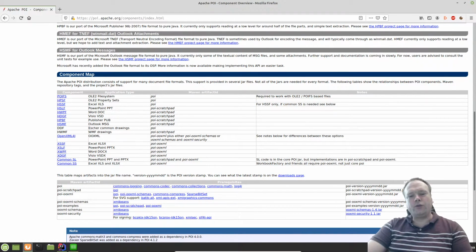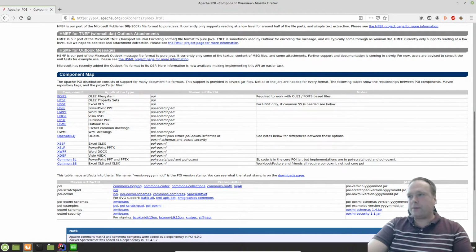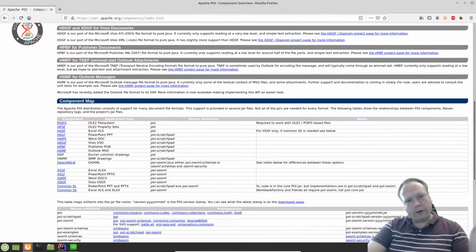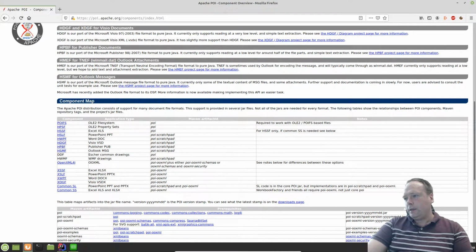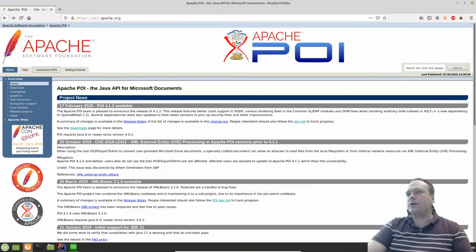Tonight we're going to load data from an Excel spreadsheet into our Java program. We're using Apache's POI library, so that means we can load a lot of Microsoft documents with the POI library. And if you don't know which dependencies you need to add, then you can go to the